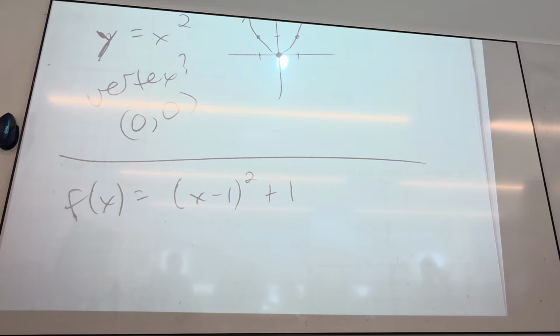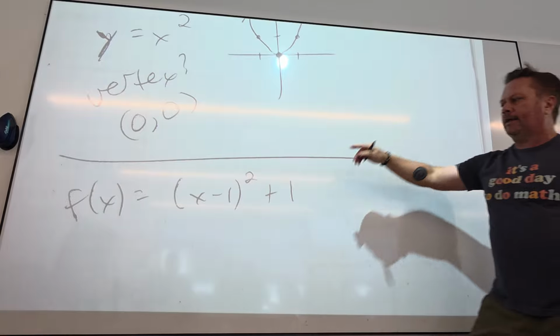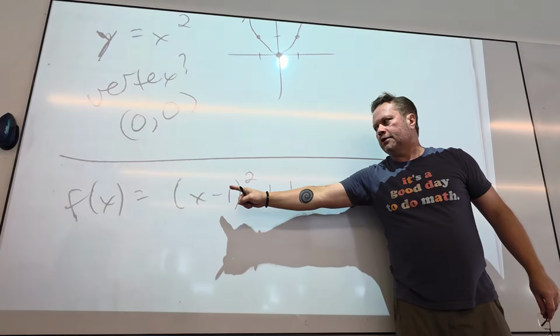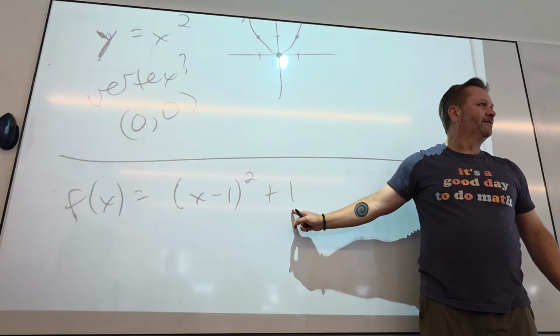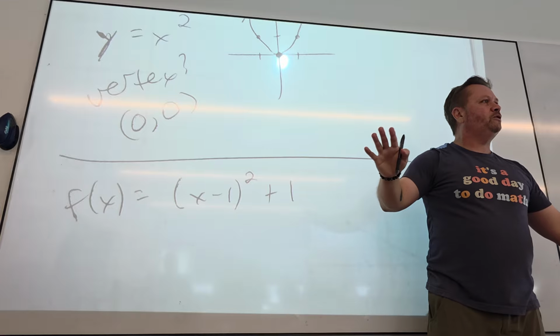I don't have to graph the damn thing. Can't you just look at this? This is neat. This is immediately on the tail of me talking about circles, talking about mx plus b. If you put equations in the right form, you can see elements of what the graph would be. Of course you can, because the equation is what creates the graph. So if I put a quadratic in this form, I could just see the vertex: 1, 1. It's almost too nice to believe.